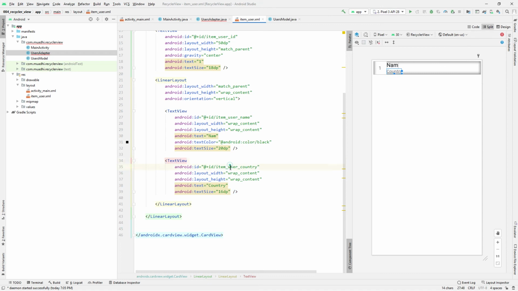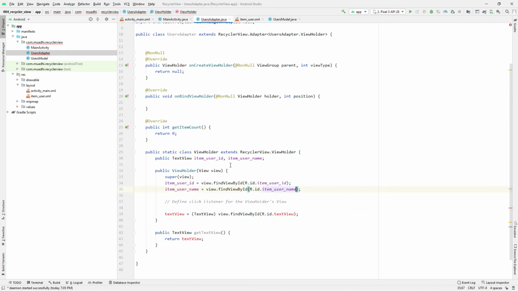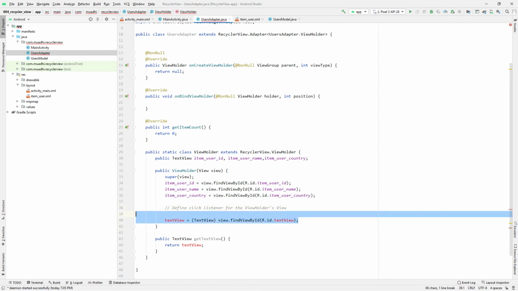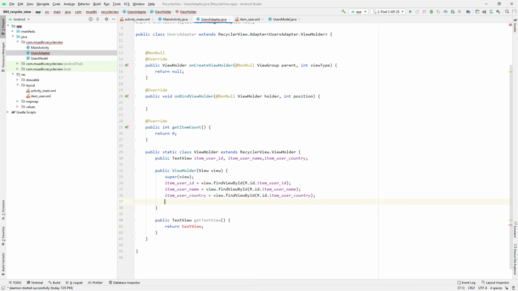Here, country here, this one. So I'll come and copy and paste it, and then I'll come and find it from this point, and then like this, and then I can remove these things or theirs. I think that's straightforward. You don't need to memorize all of them. Okay, so